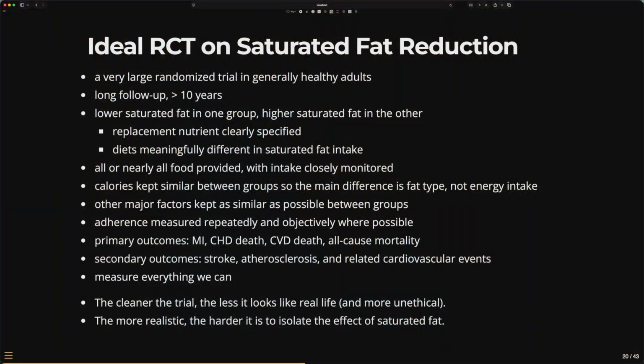If you were to rate all the RCTs based on how well they comply compared to this ideal that you made, would any of them come close? Actually, the first one we'll talk about is the Minnesota Coronary Experiment. I think that started out as the closest. The idea was that it would be the ideal randomized controlled trial, but there were problems with it.